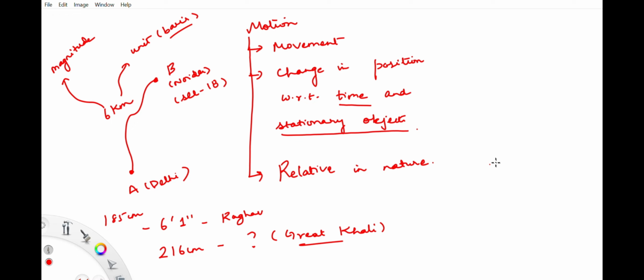Okay. Now let us move to two very important physical quantities that are very well connected with the topic of motion. I just mentioned that motion refers to the change in position of an object with respect to time. Now, if there is a change in position of an object, that means that there is some path length between the 2 points, the point from where the object has started to move and the point where the object has ended its movement, right? So there is some kind of a path length between these 2 points.